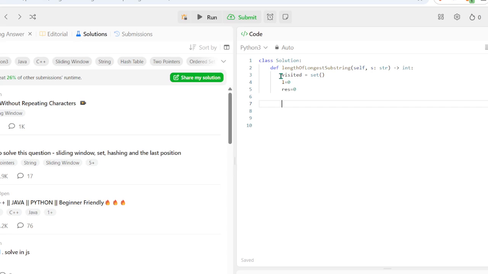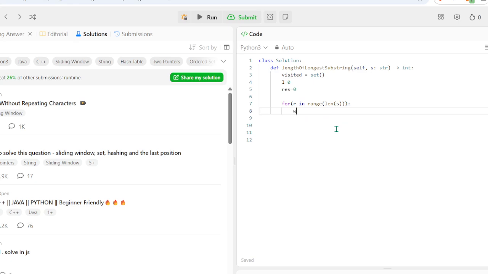Okay, so now what we need to do is for R in range length S. So now R is going to be incrementing from 0 to the length of S, right?